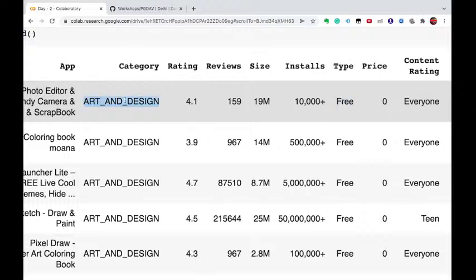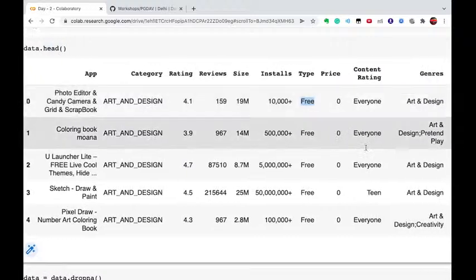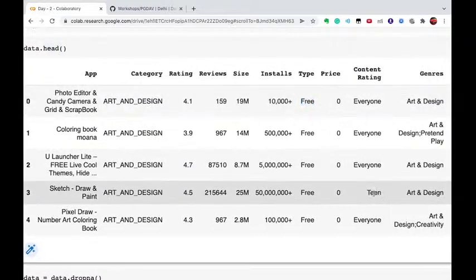How many apps are there in the art and design category that are paid? How many apps are there in the teen category, with teen content rating, that are free? Okay, this time we need to take multiple columns. So we are going to discuss that. But before that,